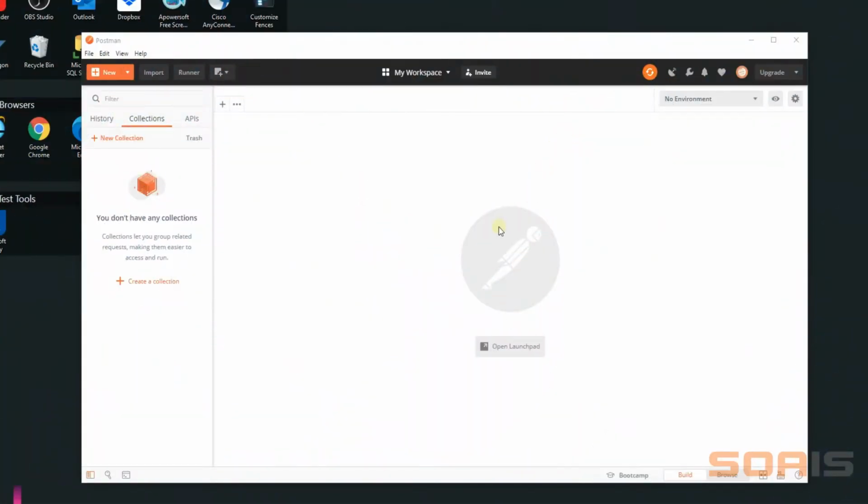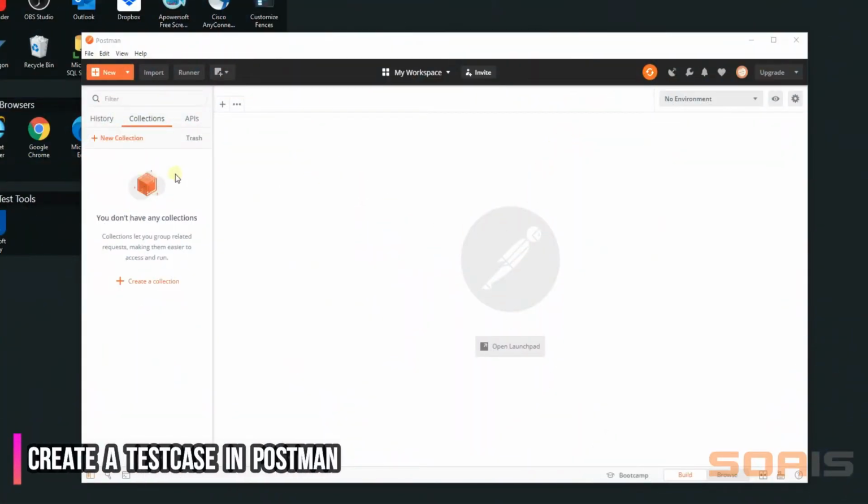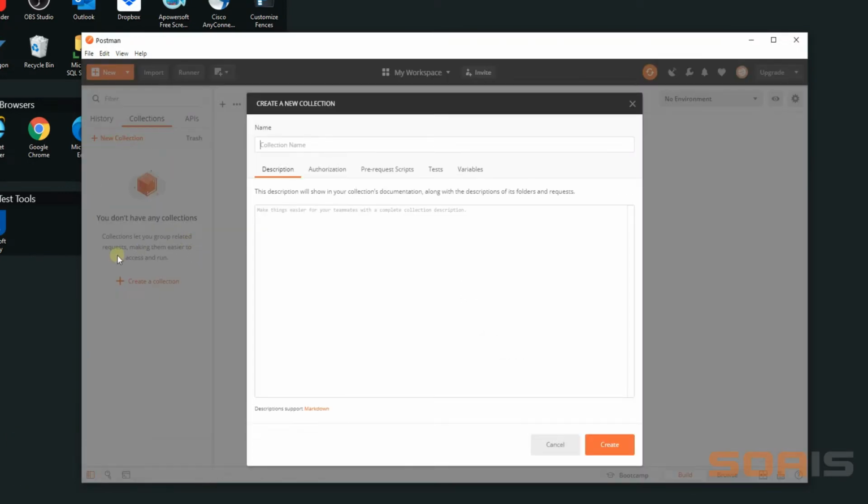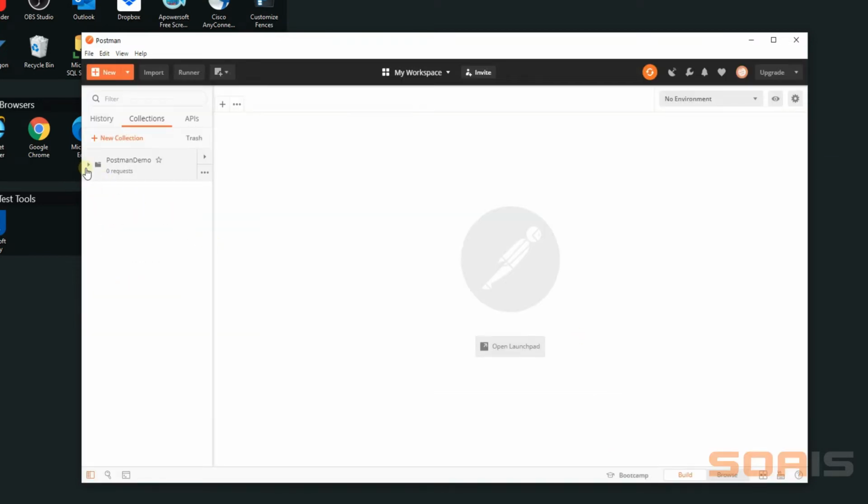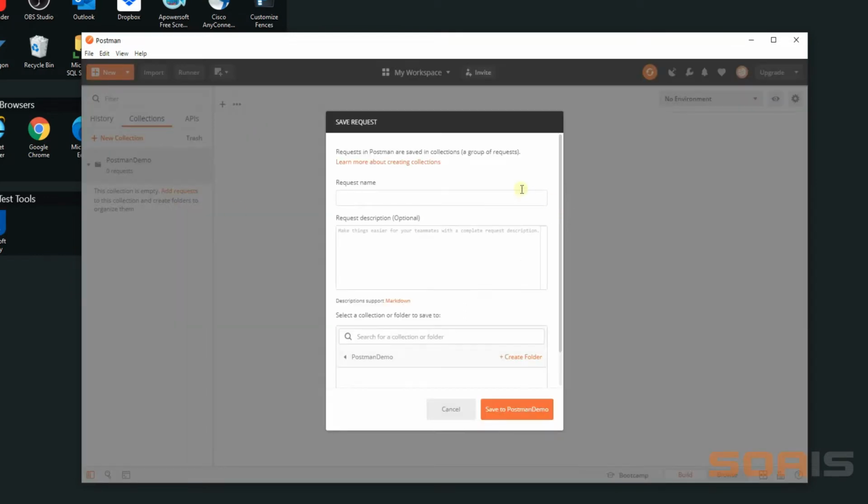So let's get started by creating a simple test case in Postman. In Postman, I'm going to click on New Collection. A collection lets you group related requests, making them easier to access and run. Let me name this Postman demo. Let's click on Create. Now we have already created a collection but no request. So I'm going to add a new request here, and I'm going to name this user details and save